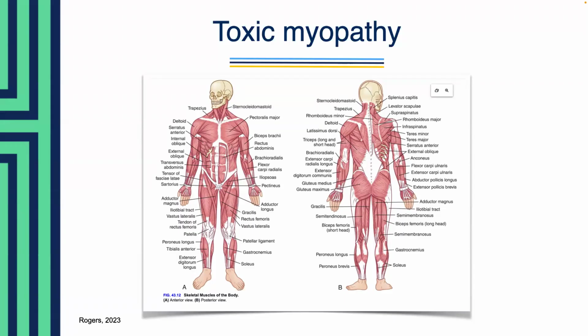Now, I didn't have this image here, but if you refer to box 44.8, it goes over a little bit more. Now, there are additional disorders that can lead to issues with toxic myopathy as well. Things like your endocrine disorders like Addison's, Cushing's, and even hypo or hyperthyroidism can lead to toxic myopathy. Certain infectious diseases can lead to it, like HIV, Lyme disease, and even influenza.